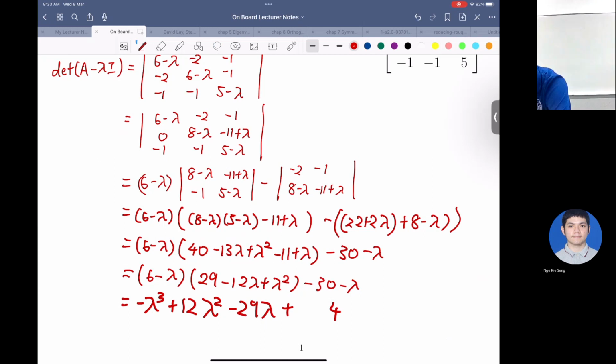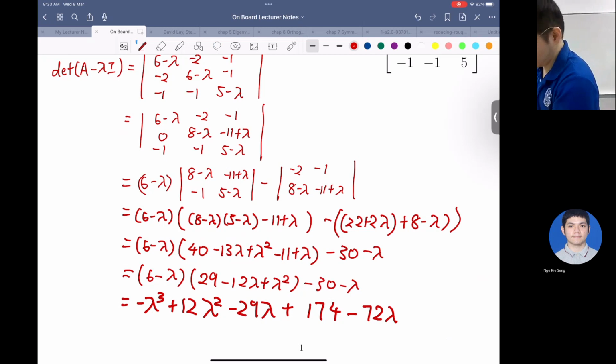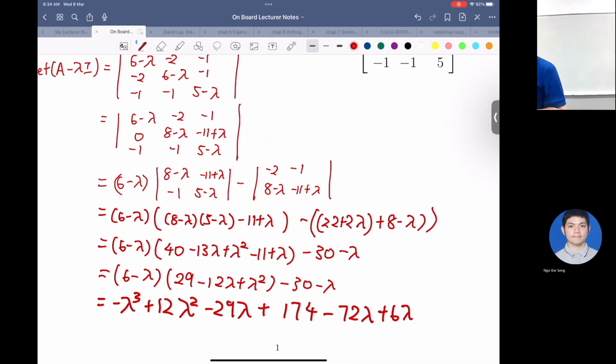So sometimes computing the determinant might be a pain. That's why you will see in the textbook that sometimes they just ignore the step and give you the final answer. So make sure you know how to get to the final answer. They're also being lazy because it's tedious if you put everything down, but make sure you know yourself how to compute. Yeah, you just compute and then see if you get the same answer as